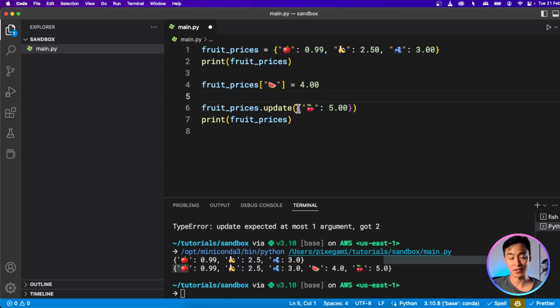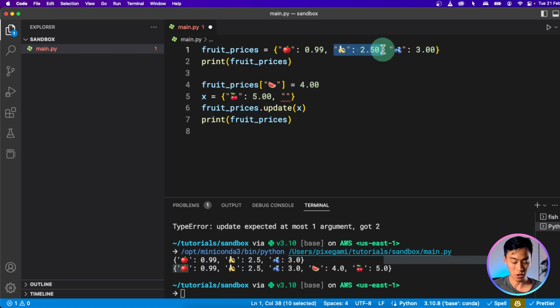I can actually extract this into a separate variable. So let's call this x, just because it's not something significant at the moment. And we're just going to pass that in right here. But I'm going to also add additional values to this. I'm going to actually copy this banana one so that I can change its value. So I'm going to change that to $1.